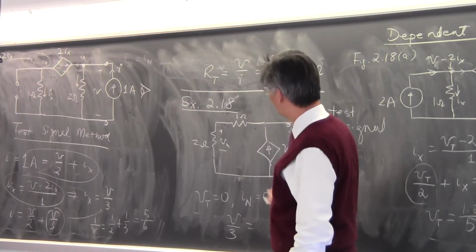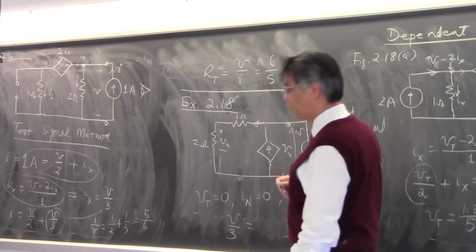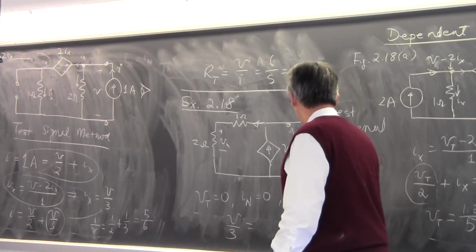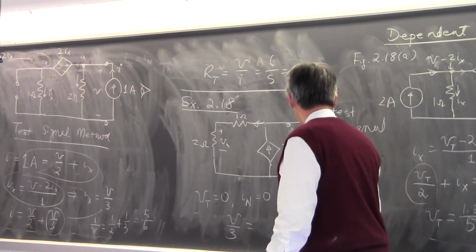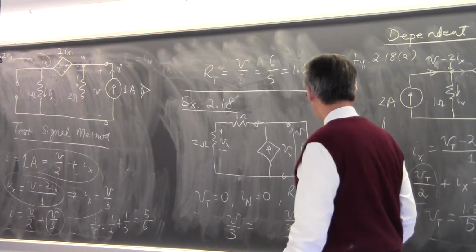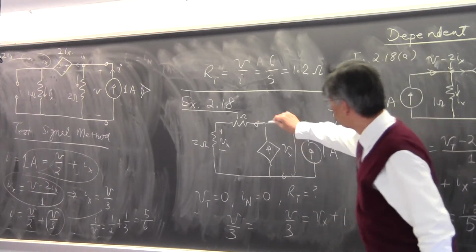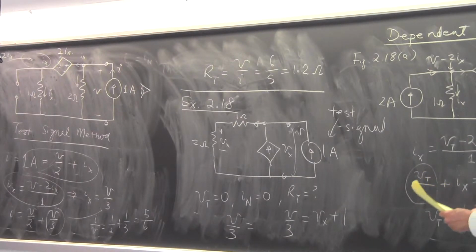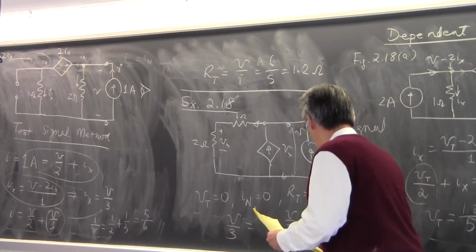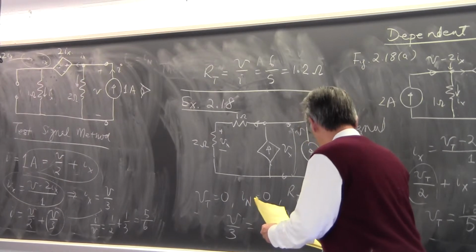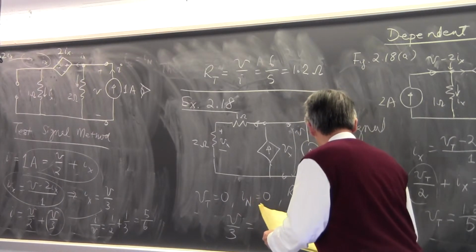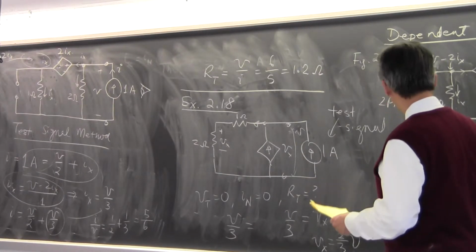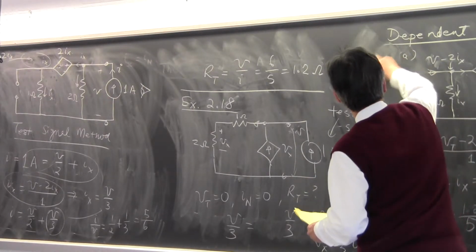V over 3 divided by 1 ohm will be the current flowing in that direction. That current flowing in that direction must be the current flowing in that direction plus 1 amp. That is applying KCL at this node. So immediately I get Vx is equal to 2/3 V. Vx is equal to 2/3 V. And then if I work further,